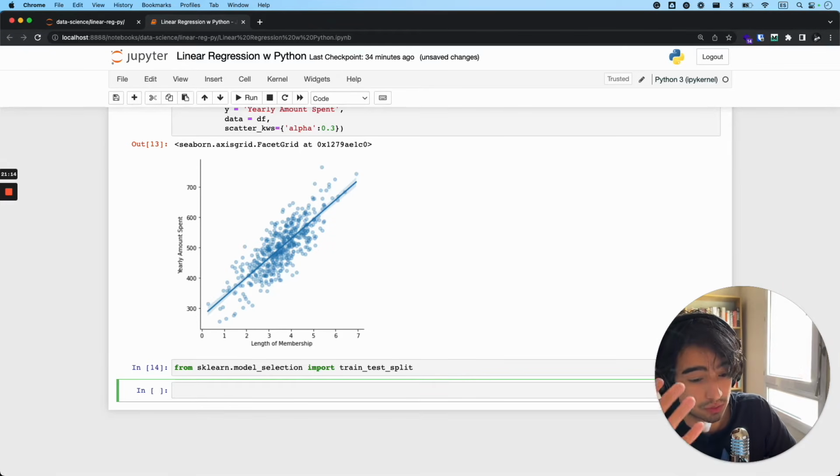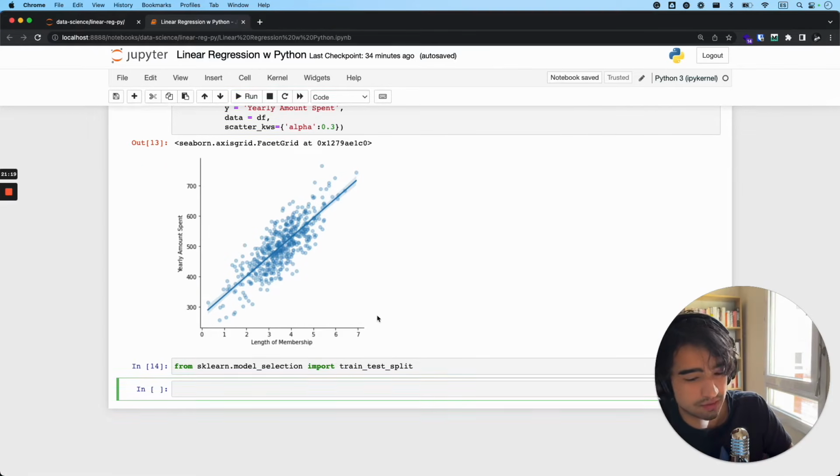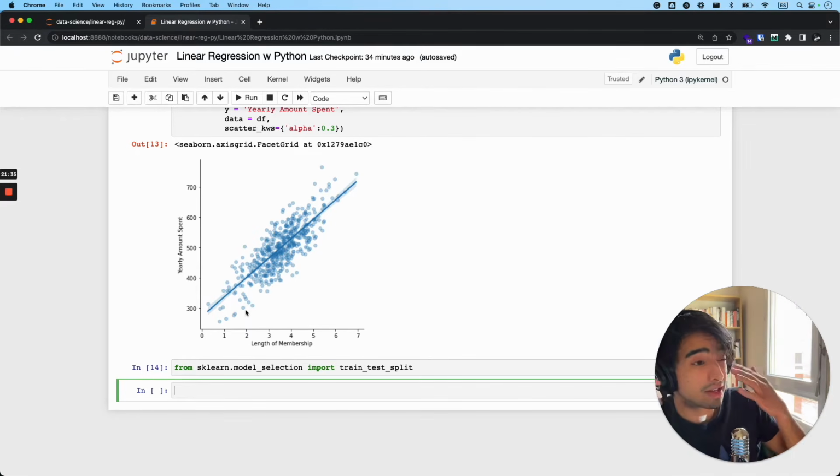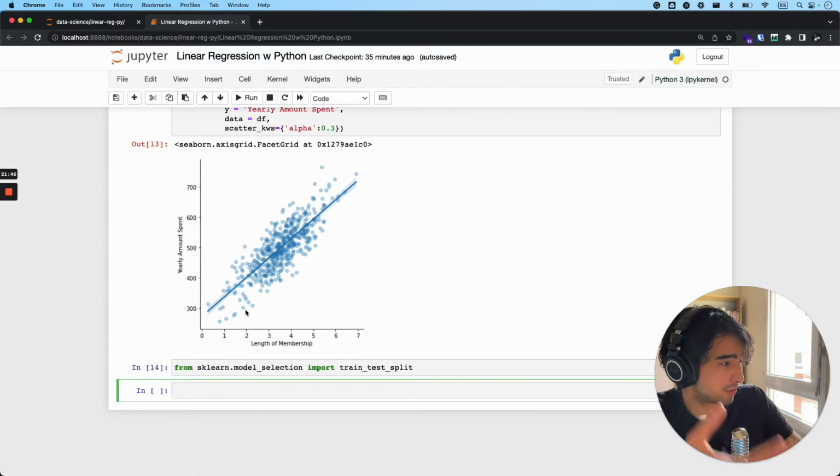The reason why we're doing this is that we want to take, let's say, 70% of our data and create this function that is going to predict the value of the yearly amount spent. Then we're going to have to test it, of course, to see if our predictions of this function are correct. But we cannot test it with the same data that we used to create the model. So that's why we're creating a different portion of the data set to test our